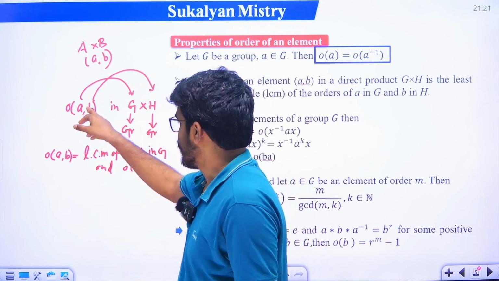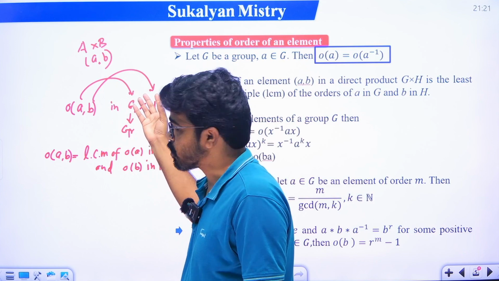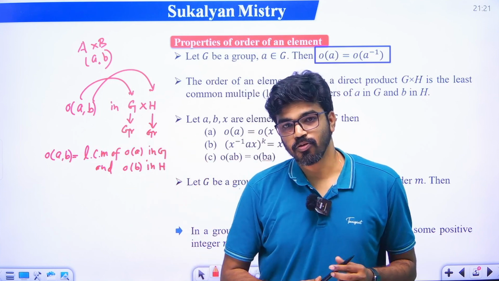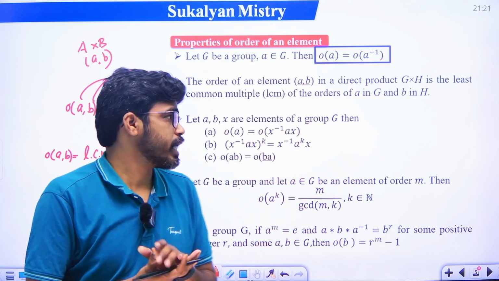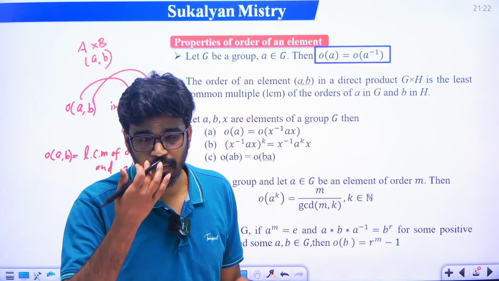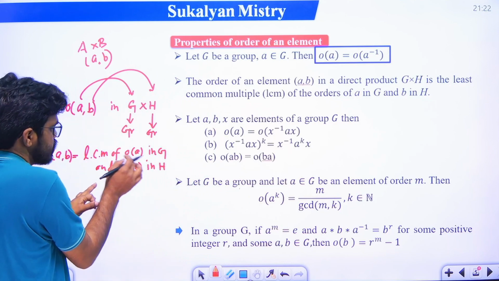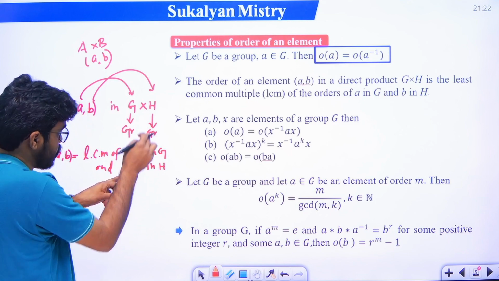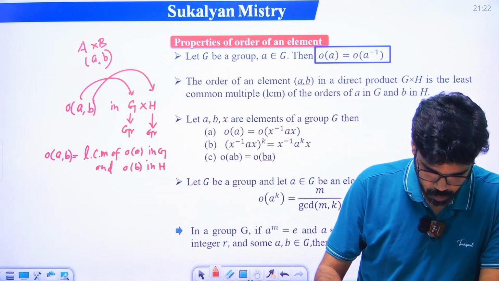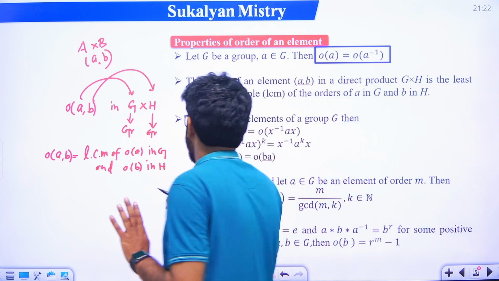তাহলে ফার্স্টে তুমি কি করবে? A এলিমেন্টের অর্ডার বের করবে এই গ্রুপের মধ্যে, নেক্সট B এলিমেন্টের অর্ডার ক্যালকুলেট করবে H এই গ্রুপের মধ্যে, তারপরে এই দুটো অর্ডার অফ এ আর অর্ডার অফ বি যেটা পেলে তাদের এলসিএম করতে হয় বেসিক্যালি, ঠিক আছে? দ্যাট ইজ অর্ডার অফ এ বি ইজ ইকুয়াল টু দি এলসিএম অফ, দ্যাট ইজ লিস্ট কমন মাল্টিপল, এলসিএম অফ অর্ডার অফ এ in G and order of B in H, ঠিক আছে, LCM of order of A in G and order of B in H, ঠিক আছে। আমরা যতগুলো পয়েন্টস এখানে বলেছি সমস্ত পয়েন্টের উপর আমরা এমসিকিউ প্রবলেম ডিসকাস করব, সো ডোন্ট ওয়ারি, যখন এমসিকিউ প্রবলেম ডিসকাস করব ফুল কনসেপ্টটা ক্লিয়ার হয়ে যাবে, ঠিক আছে।